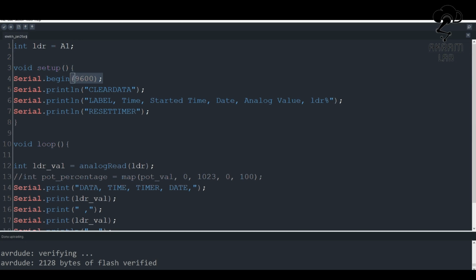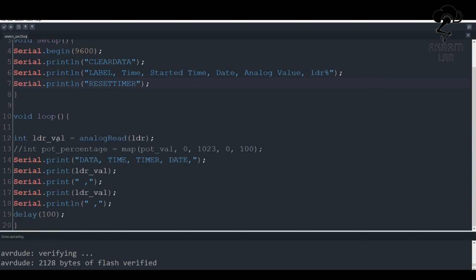Then in void setup I have initialized the baud rate 9600, then CLEARDATA, and then the println function with the labels: time, started time, date, analog value, and the percentage of LDR, which is the analog value in percentage form. This will be the actual order of data shown in MS Excel. And this is the reset timer.